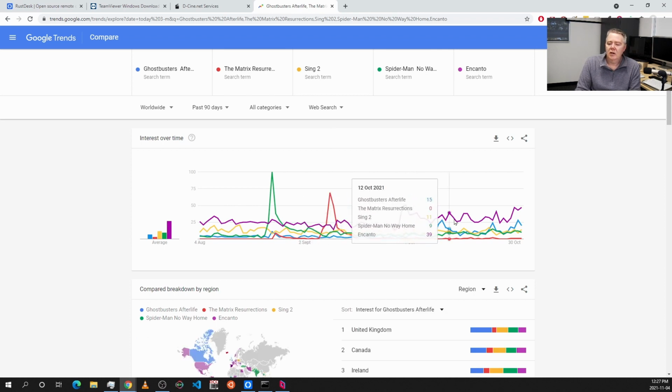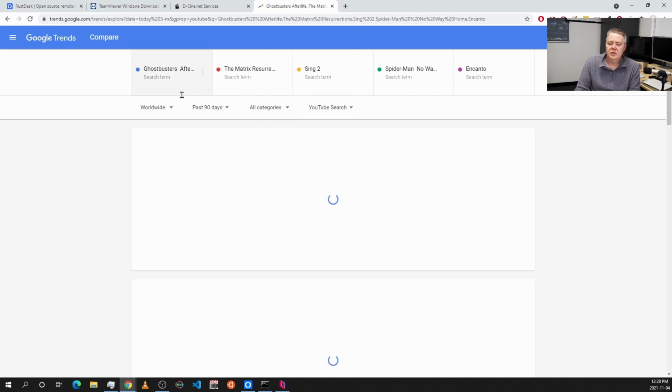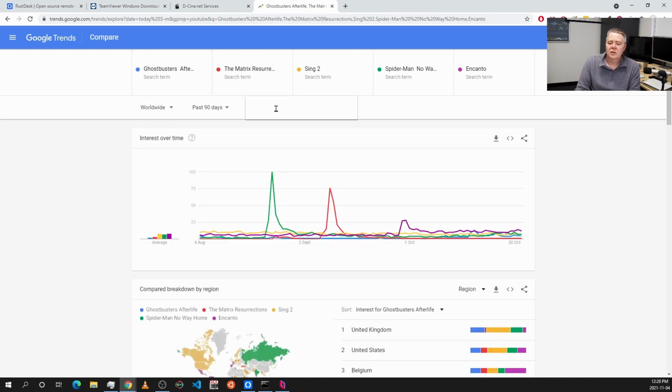So again, it's still saying that the Disney film is still very, very interesting there. And again, it gives you a different sort of perspective. So it's good to jump around to have a look at the different types of searches. And the other thing as well is